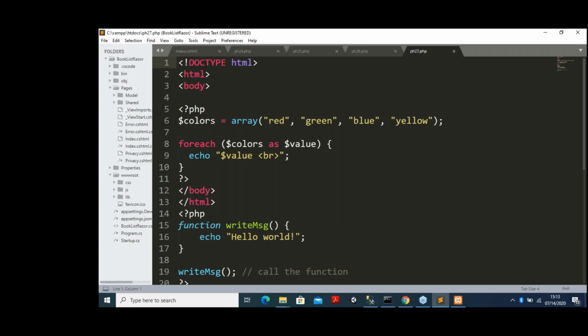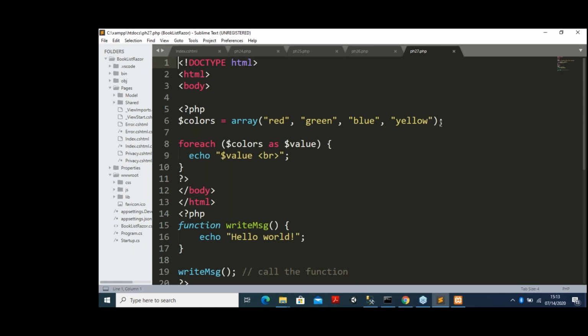For declaring an array you need this. First declare a variable. Suppose these are different colors. For this I put a variable name, colors. So for declaring the value, $colors is equal to, because I have to put similar types of things here, you write the word array, and under the braces the items will be under double quotation marks and separated by commas. For the last one there is no need to put a comma; at the end you put a semicolon.